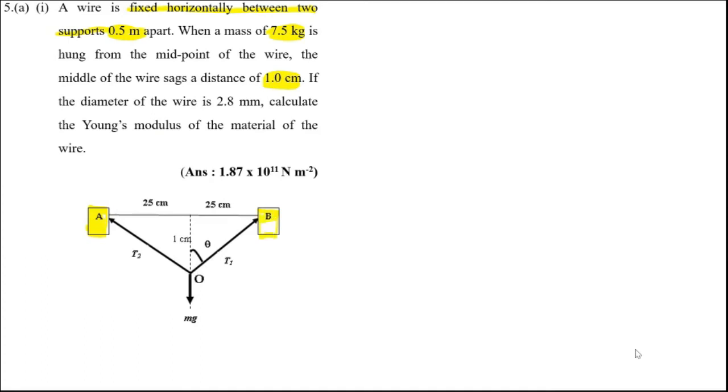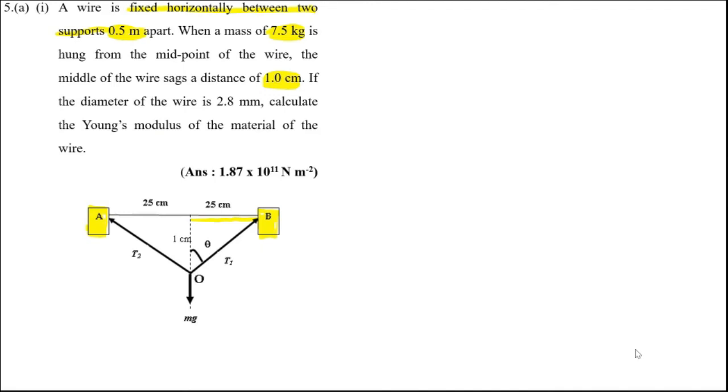So the distance between this support is 0.5 meter. So half of it is 0.25 meter, or 25 centimeter. Okay, then